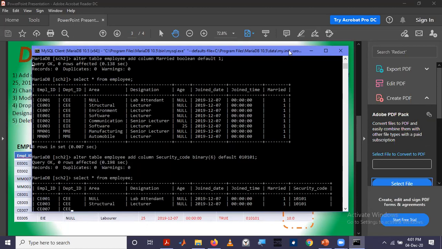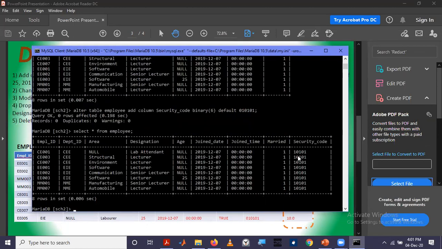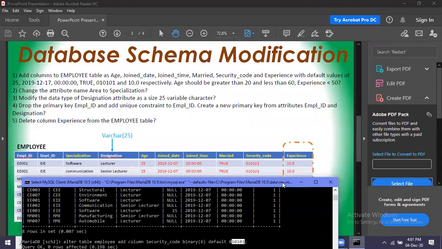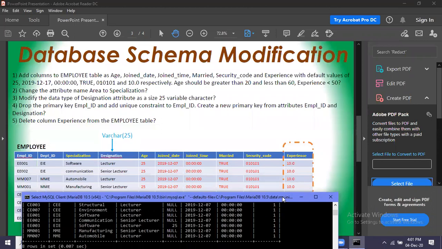Right, so if you see the table, you can see this one is there, but one number is missing. Yeah, that's because the first is 0, so the 0 and this one does not matter. 0 1 0 1 0 1 means same, 1 0 1 0 1. Right, okay. So we added that one also. Now the last one is this one.